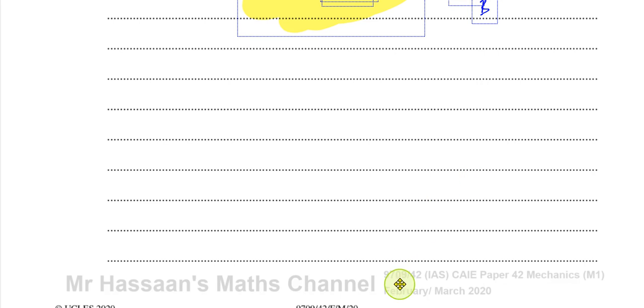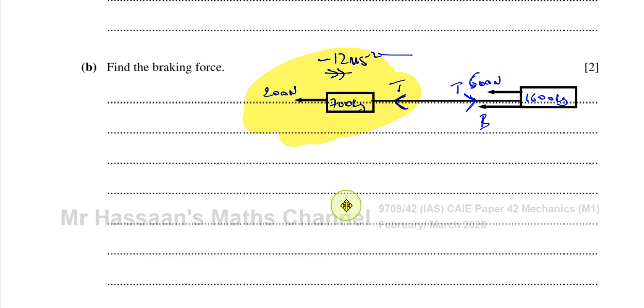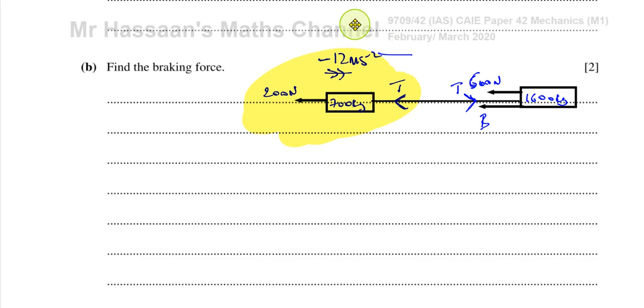Okay, so we're going to find the braking force now for this. Let's move this up here. Okay, so, as I said, we can do it in two ways. I'll show you two ways. So let's look at the first method. Okay, method one